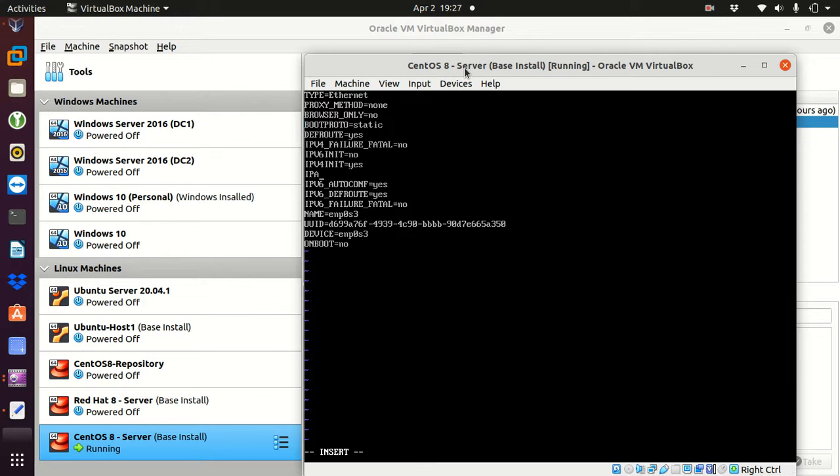Next, I have to add IPADDR equals, and my IP address, I'm going to use 192.168.0.140, and my netmask is going to be a class C netmask. That means my netmask is 255.255.255.0. My gateway is the IP address of my router,